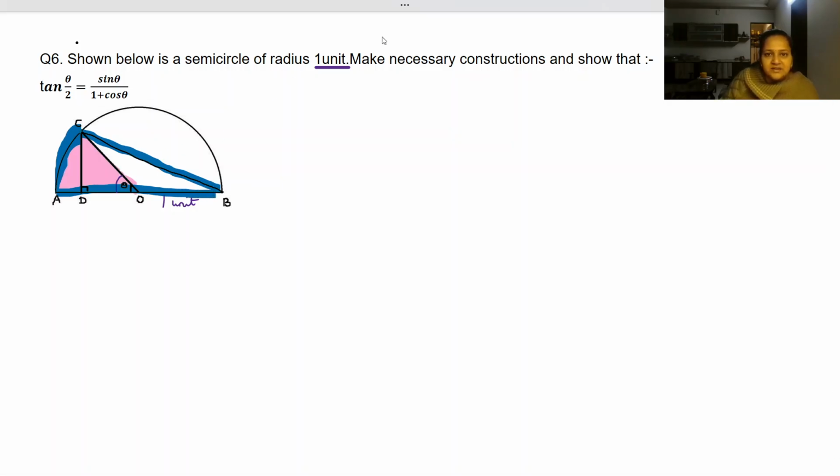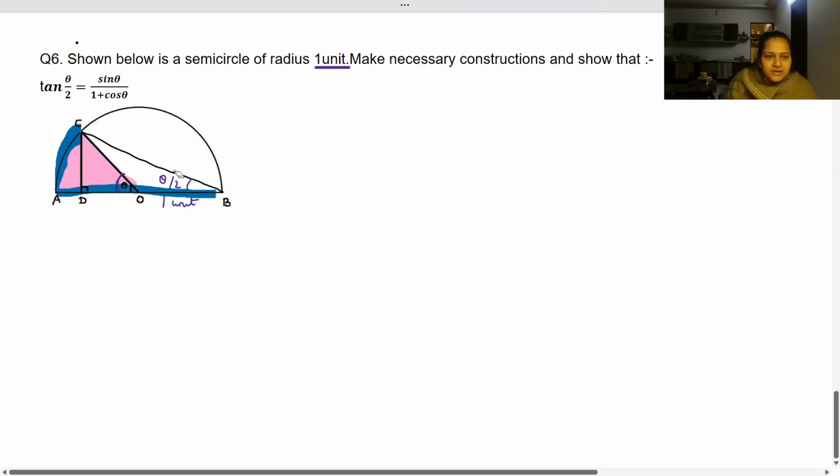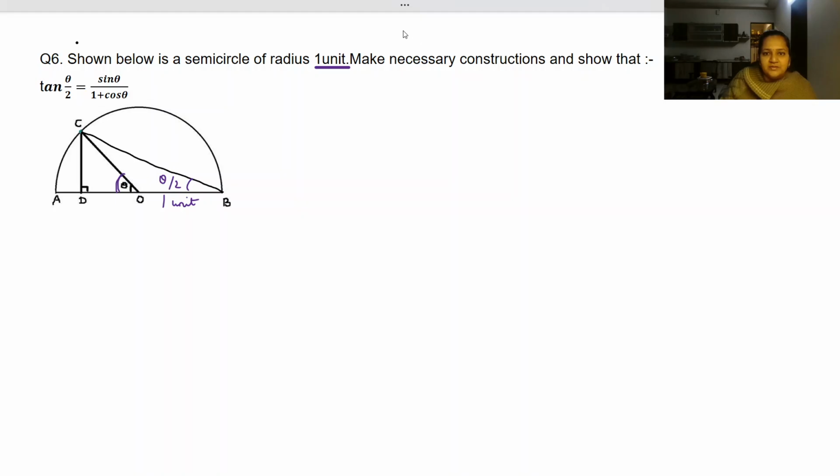So in 9th standard, we had learned a relation between them. That if this is theta, this is going to be what? Theta by 2. Am I right? I hope you have understood why this is theta by 2. Now, simple. This is theta by 2